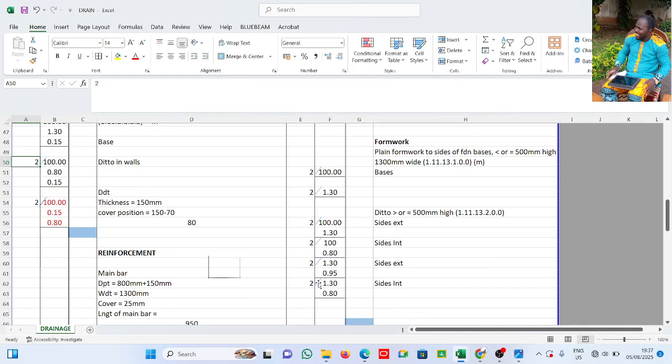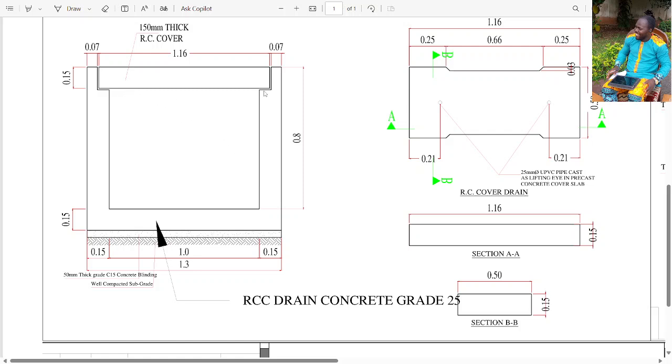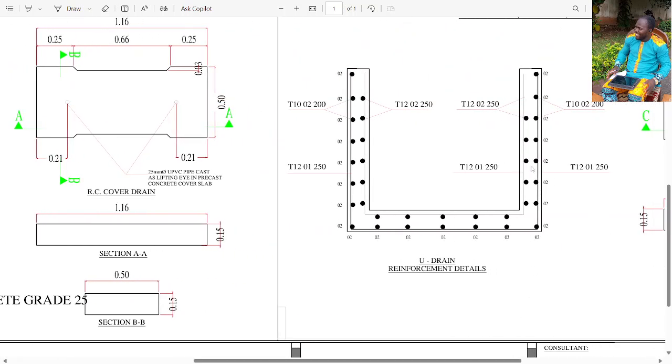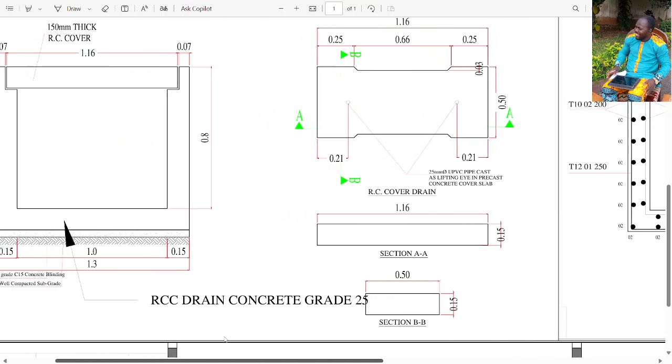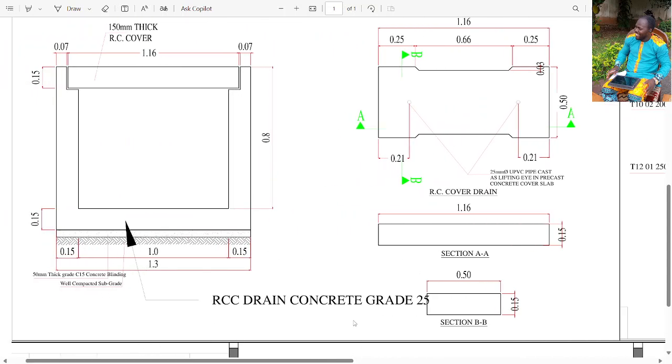Now remember that this wall is to carry a slab. It is to carry a slab, and this part of it has already been created to be able to carry the slab. So what it simply means is at this point there won't be any concrete, right? And also, if you look at these details here, this reinforcement was also made to allow for such. You can see. All right, so it's basically what we have here. That's why you see here